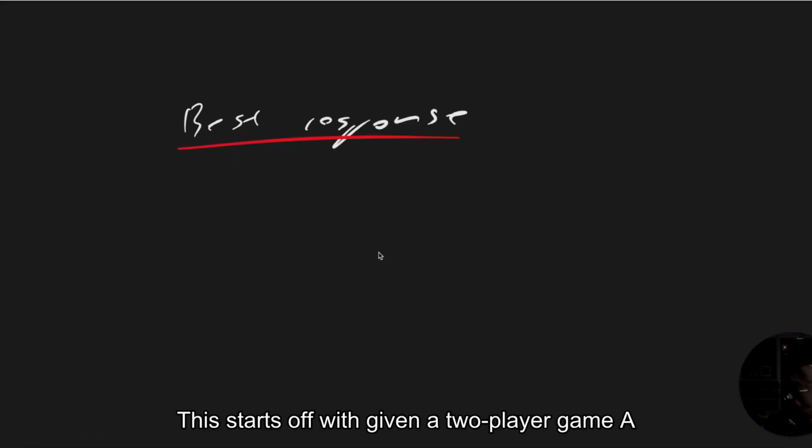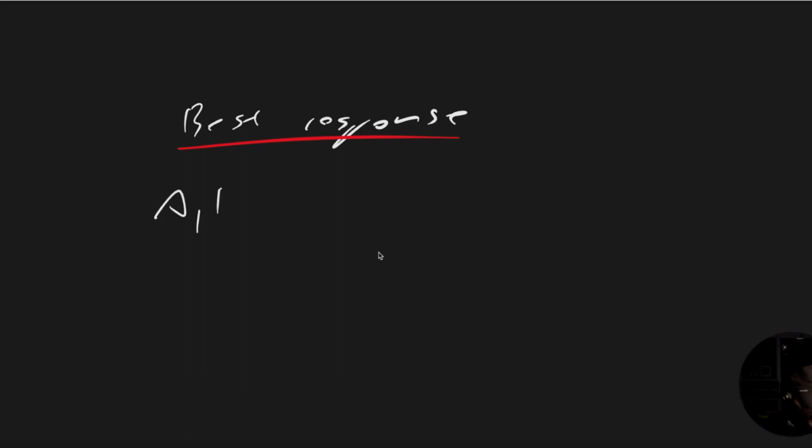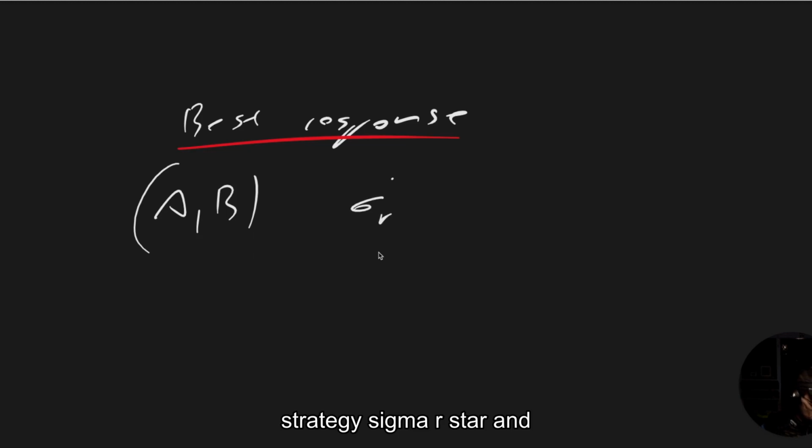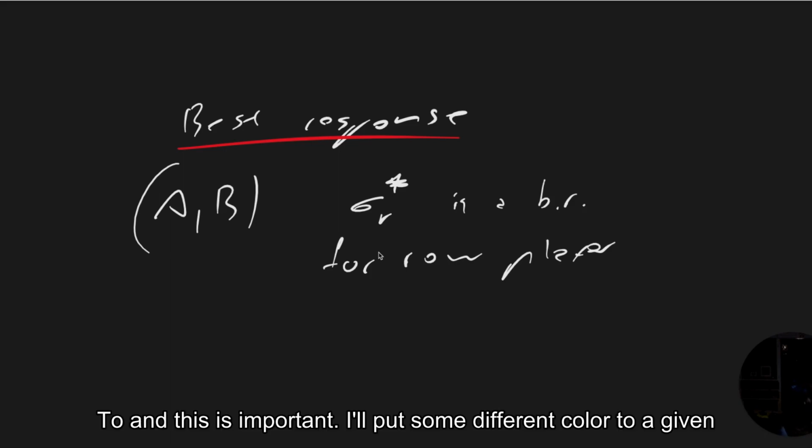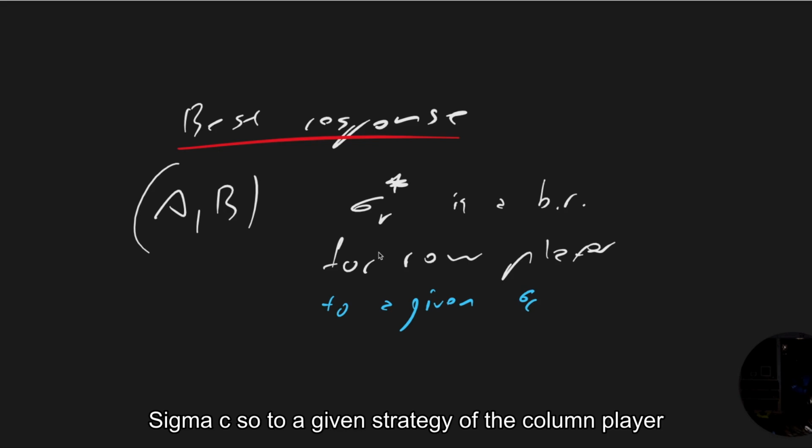This starts off with, given a two-player game A, B, so two matrices, a strategy sigma R star for the row player is a best response for the row player to, and this is important, a given sigma C, so to a given strategy of the column player,